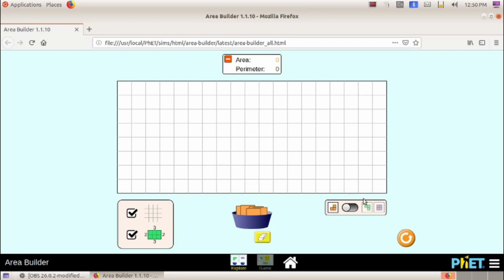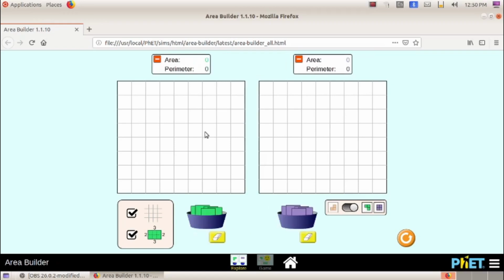Now at the right side you can see a switch on button here, this circle. Just click on that. So what happened? Now there are 2 boxes here and 2 bowls here.